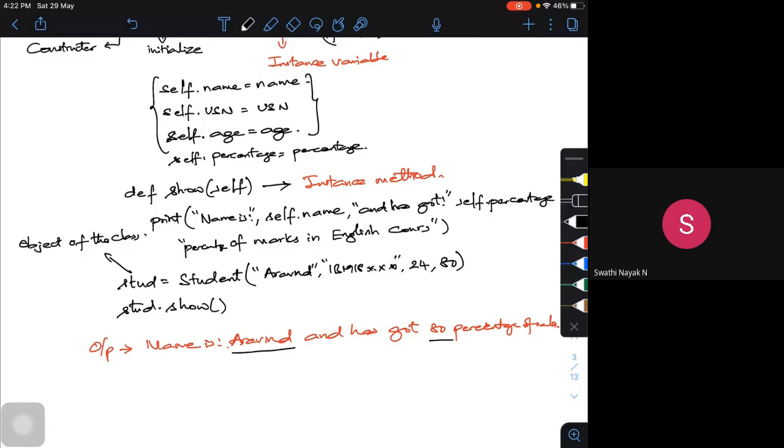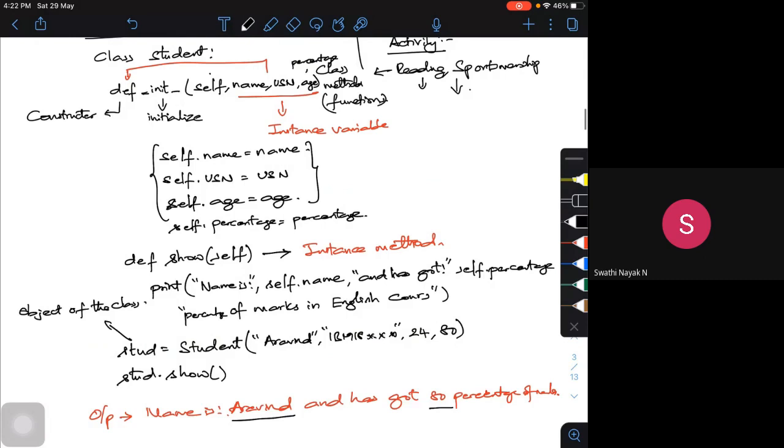Okay, this is an example for instance variables and instance method using the init function. Init function is one special function which is exclusively used, and this is called a constructor. Even in C++ and Java, any kind of object-oriented programming we use actually. So these are called constructors. And constructor is a special type of method which is used to initialize any object of a class. That's it. So the same rule applied in C++ is applied here also.